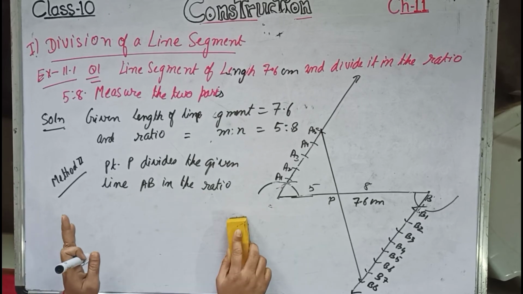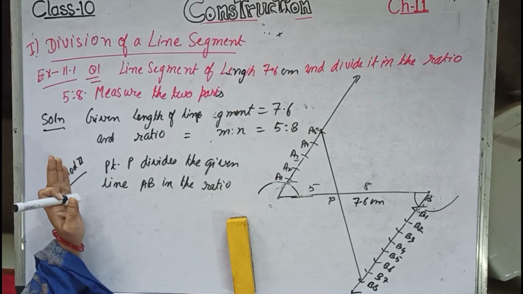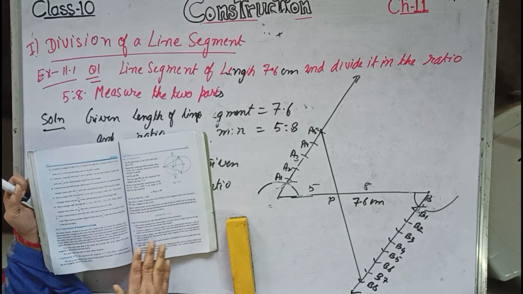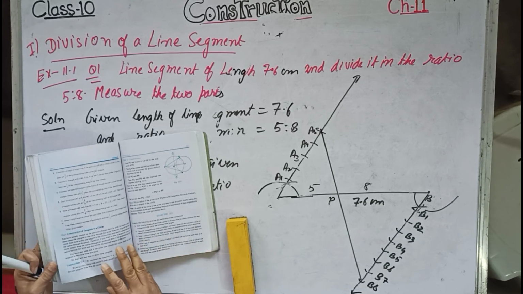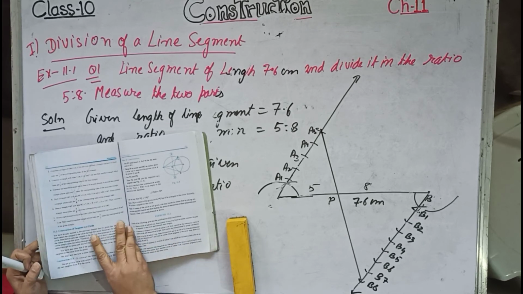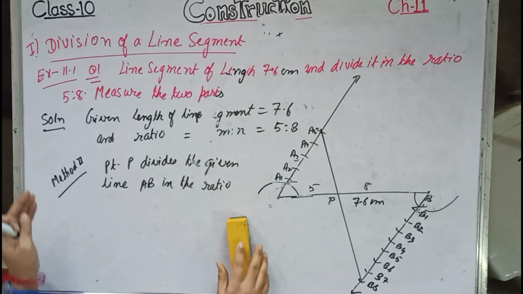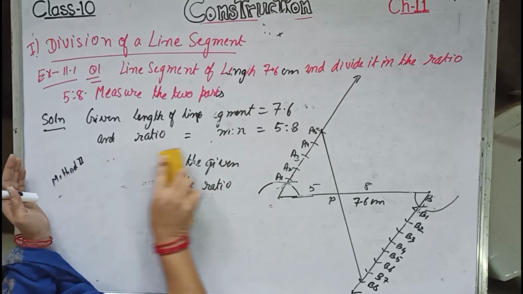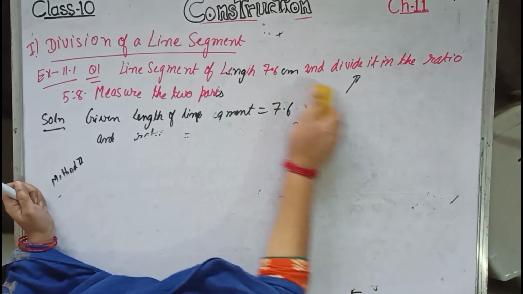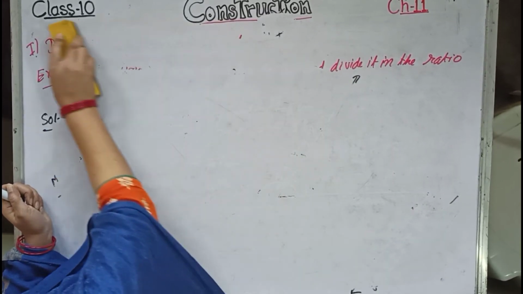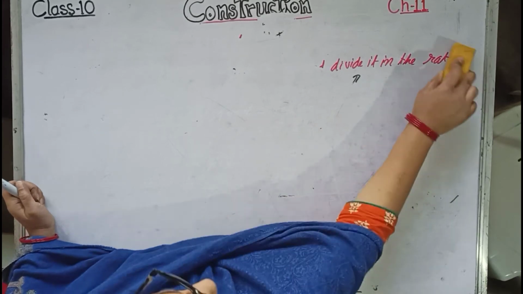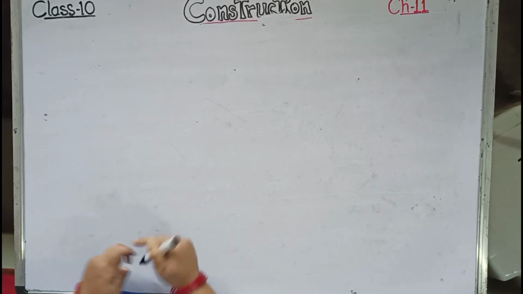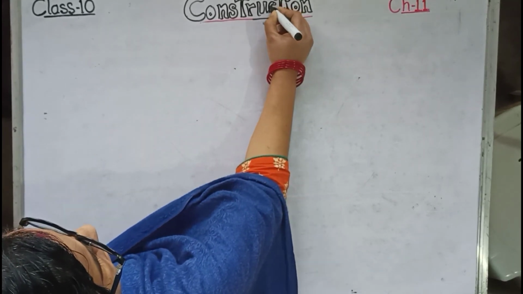So the first is from 11.1, exercise 11.1. Only one question you will be practicing. The rest of the questions this time are deleted from the syllabus, so I'll be leaving them. Now next is construction of tangents to a circle, which is very important. This type of construction has been given in the sample paper this year by the CBSE. Construction of tangents has not been given in the sample paper, but it's a very important topic, and every year it comes under the 4 mark section. So it may come as well, because some changes are definitely being made by CBSE.